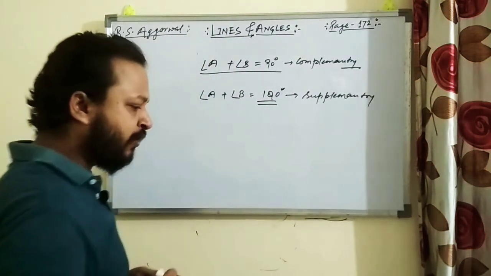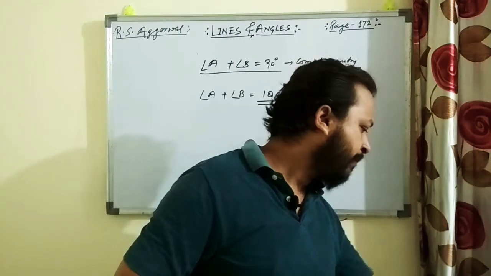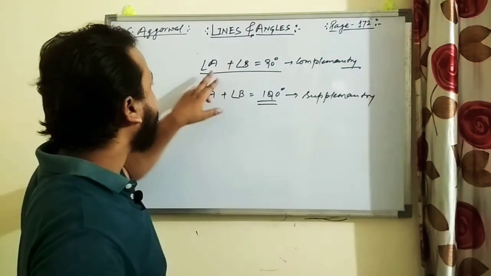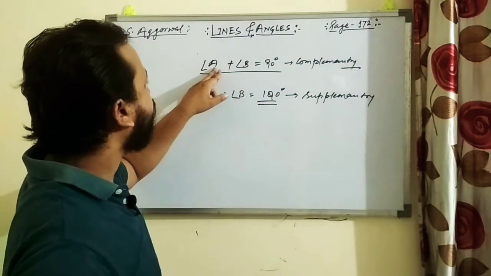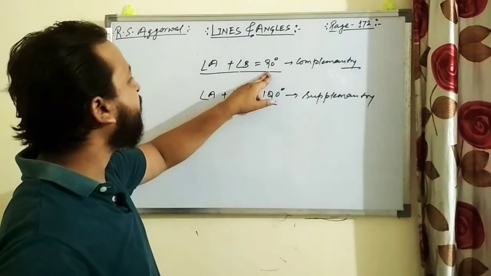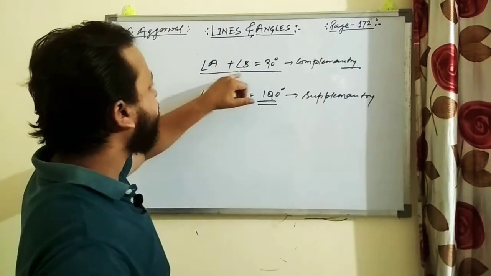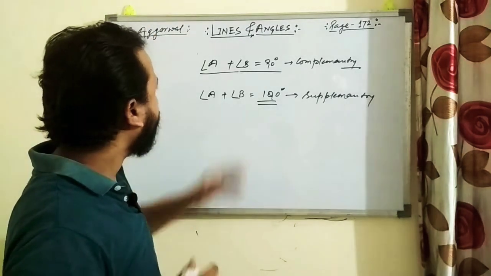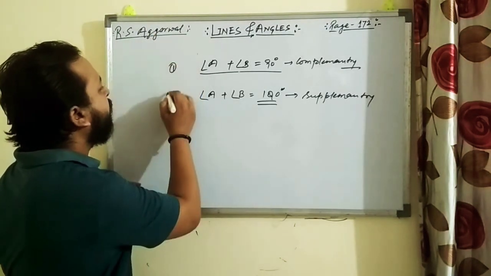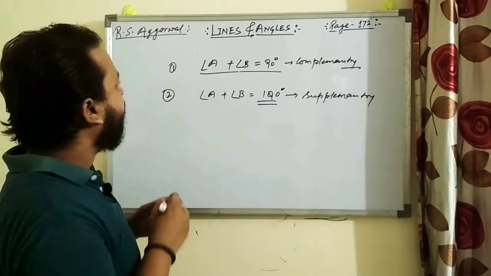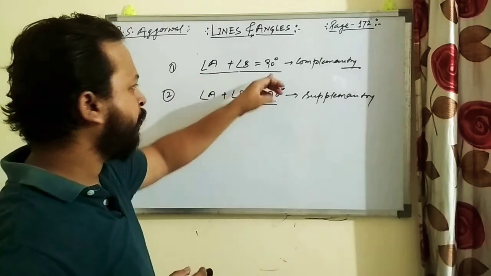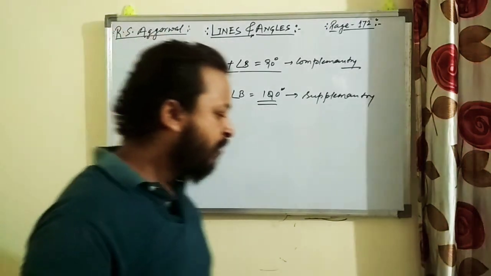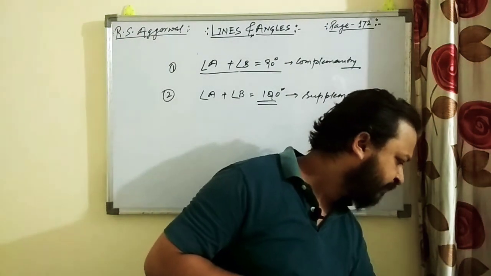Right? So if the question is given as find the complement of each of the angles, so if one angle is given as 30 degrees, suppose 30 degrees over here, so 30 plus B is equal to 90. So B is equal to 90 minus 30, that is 60. In the second question, in the first question you have to use this formula, and for the second question you have to use this formula, right? Now come to question number 3.